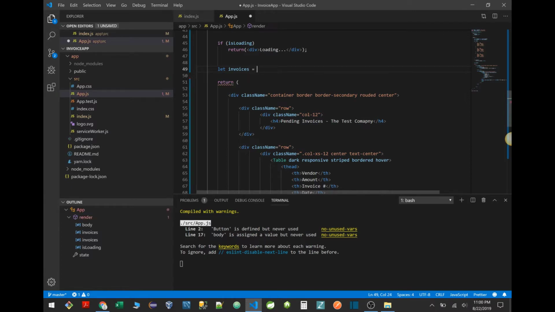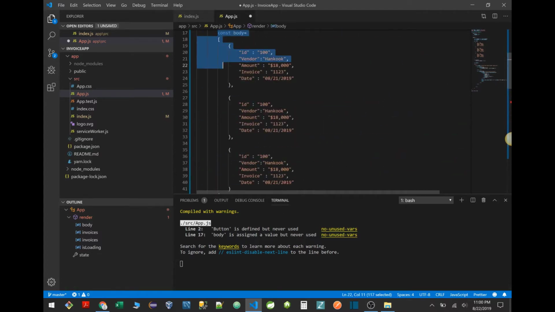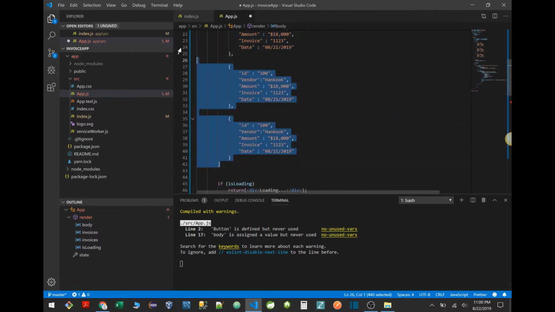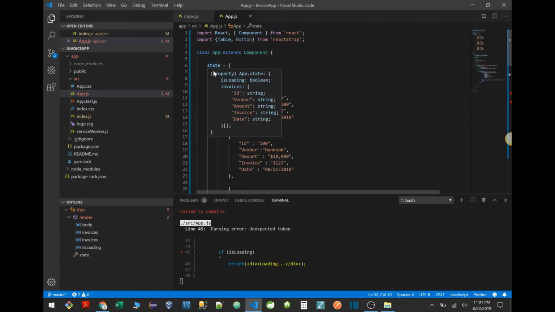And since I loaded all the invoices, this is a constant. Actually, what I'm going to do is move this inside our variable called invoice inside our state. So if you look at the state, again, it's internal to a component. We are not allowed to update the state directly, and nobody has access from outside to the internal state of a component. So state is basically